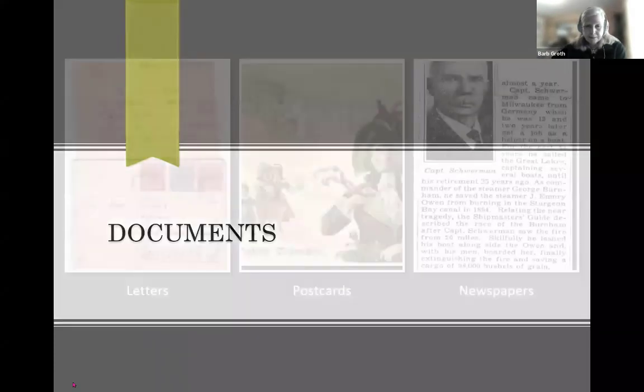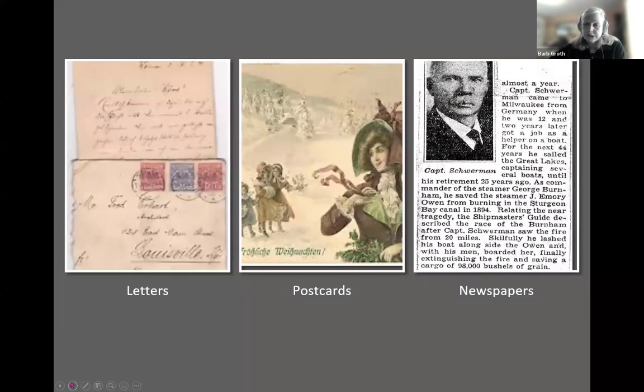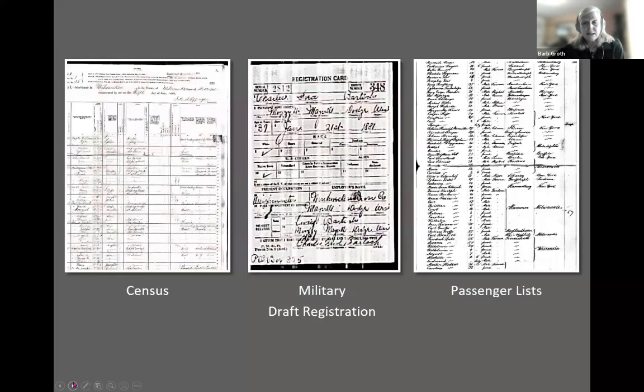Let's talk a little bit about the documents that we'll be including. As I mentioned earlier, sometimes you don't have photos of your ancestors that you want to put into the album, but you can certainly look for things like perhaps letters, postcards, newspaper articles. I like to use some of the documents we found along the way, such as your census documents, maybe not the whole page, maybe just a section of it. Registration cards and various draft information from military service, passenger lists,